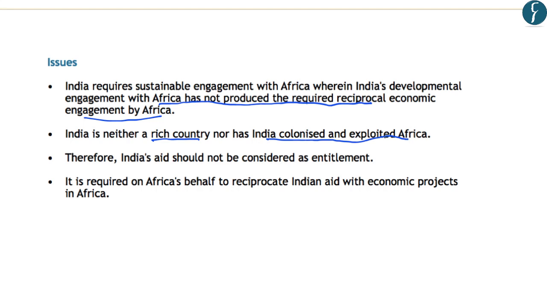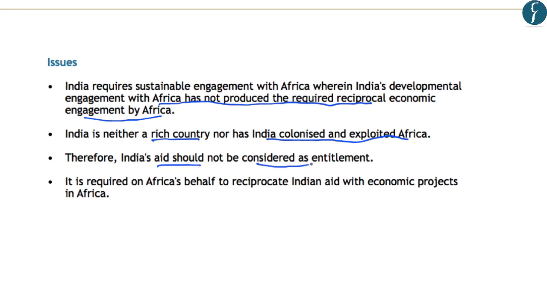Now, as we all know, European countries had colonized and exploited the resources of Africa, and that is why it becomes a historical burden on those countries to provide humanitarian aid to African countries. However, India has not had such a past with the African countries. And it is in this line that it has been highlighted that India's aid should not be considered by the